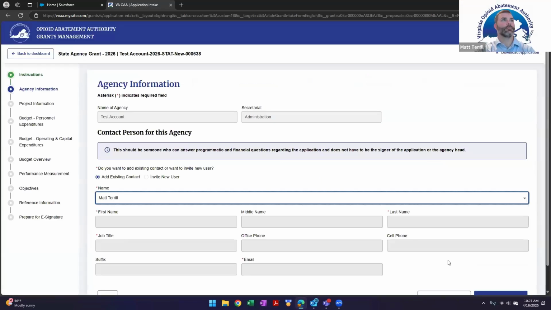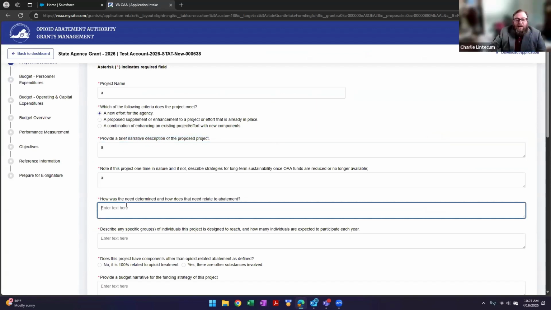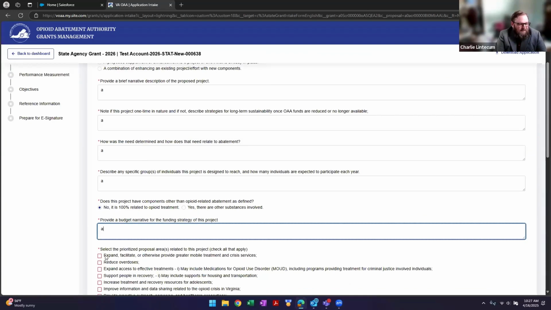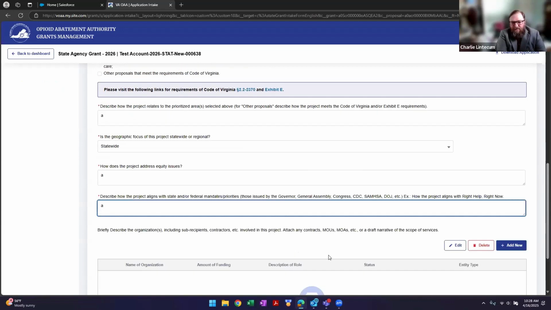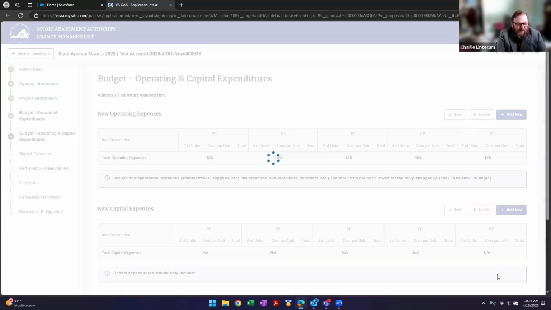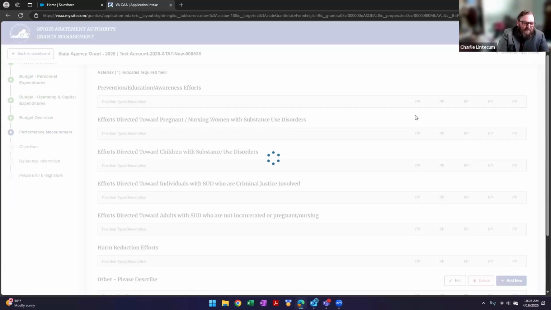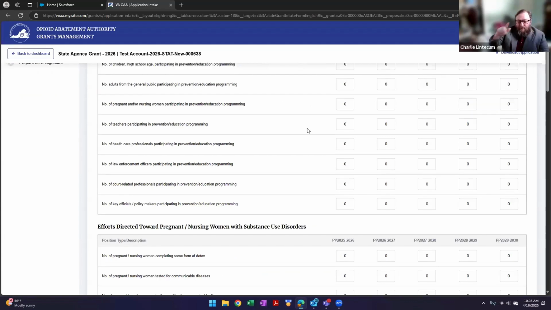Just for the sake of showing this screen, let me push through this one and throw a bunch of dummy data in. As you notice, Matt's just putting in some dummy data. If you want to get to a particular section to enter some information to see how it looks, you can just put in dummy data in the early parts. You're going to have to go back and fix that, but you may need to do that to be able to save and move forward.